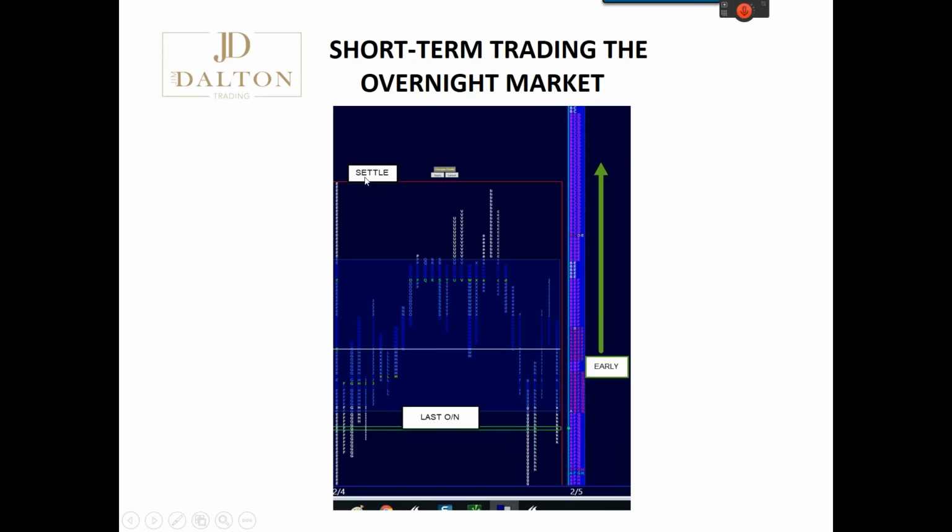So if this is the settle price, I should have mentioned this earlier. We measure whether overnight inventory is long or short by comparing it against the settle from the previous day. So if this is today's settle, and all this takes place at night, when we come in the morning, we say that the overnight inventory is short. And remember, if overnight inventory is short, there is a strong tendency to see a counter auction